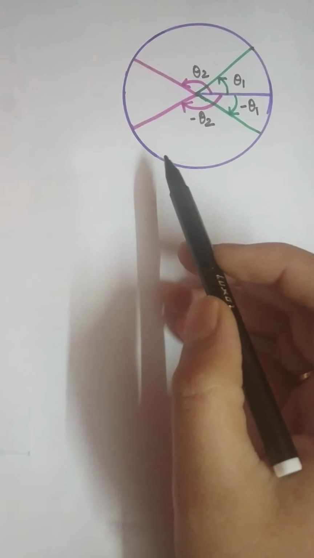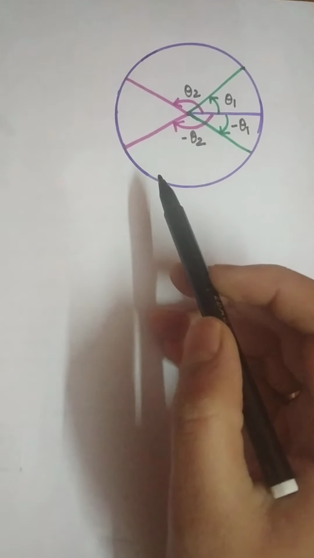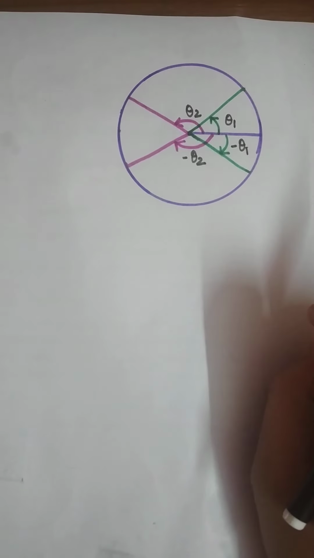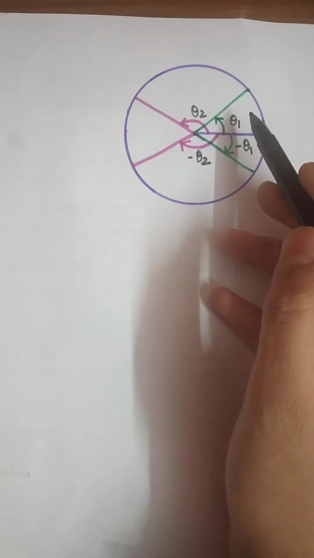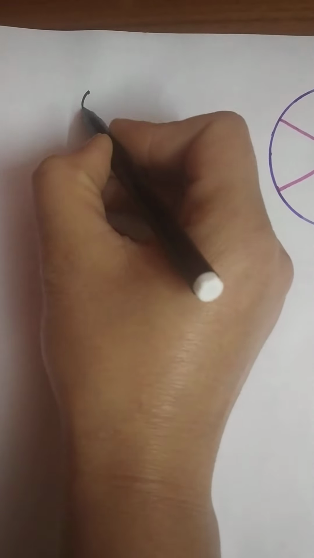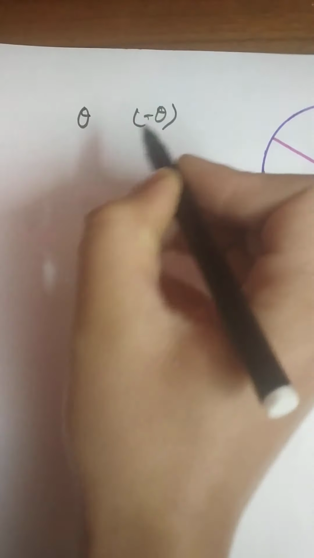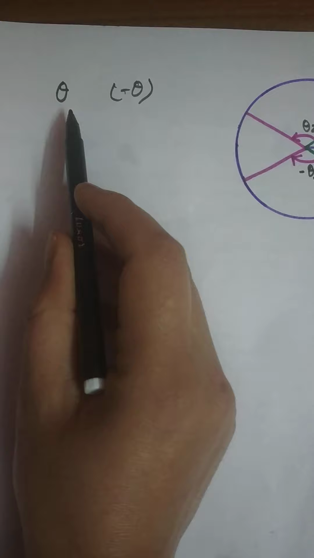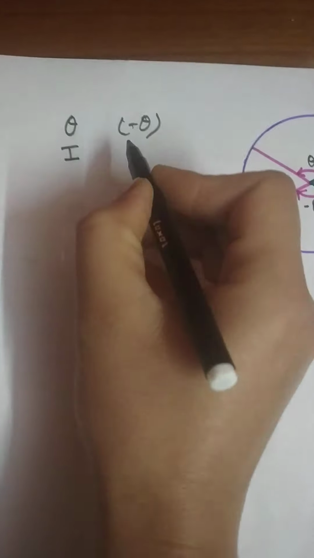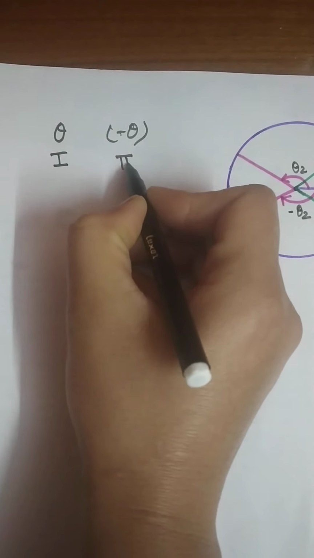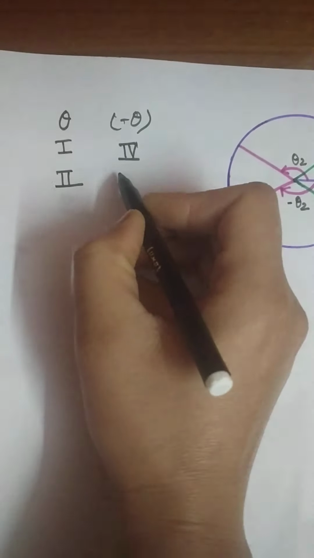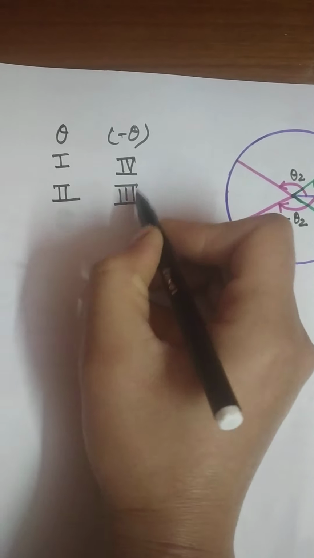So from part 1 of the video, it is clear that theta and minus theta give us 2 points which are either in quadrant 1 and 4 or 2 and 3, always. Theta and minus theta. Whatever may be the value of theta, when you locate it, if theta is going in first quadrant, minus theta will go in the fourth quadrant. And if theta goes in the second quadrant, then this will go in third quadrant, and vice versa.